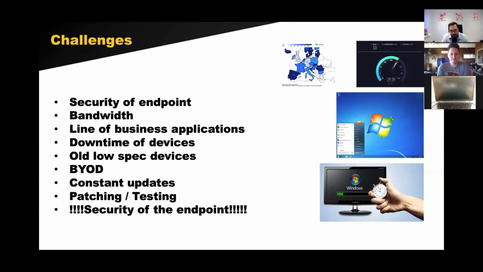Not all of our applications have moved to SaaS either. So a lot of business line applications are just still on Windows or still using back-end systems with a front-end Windows application, and moving them to a SaaS platform just isn't possible. But the biggest concern, I think, that, as I said, we're hearing a lot at the moment is that people are worried about the endpoint.